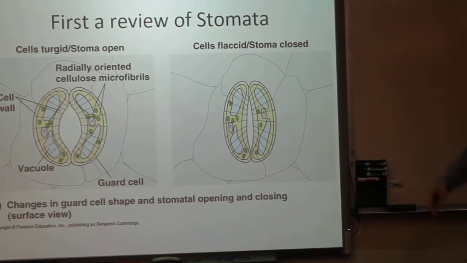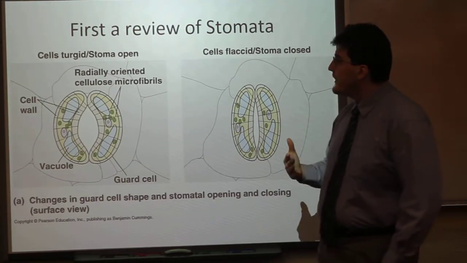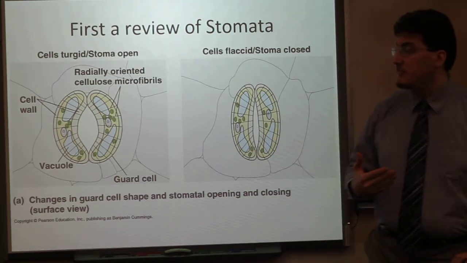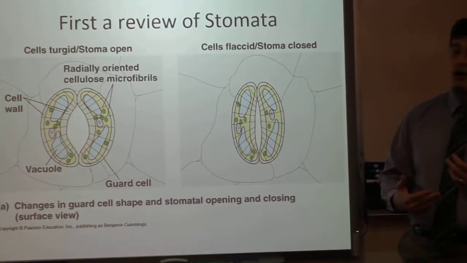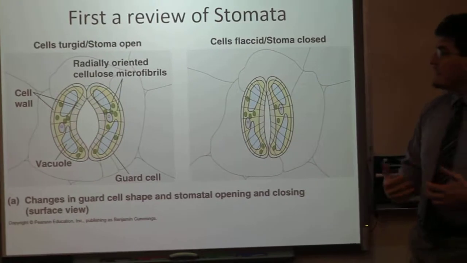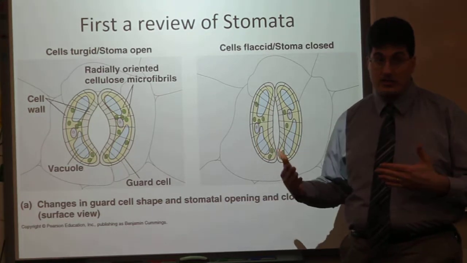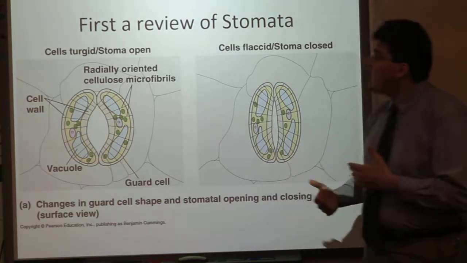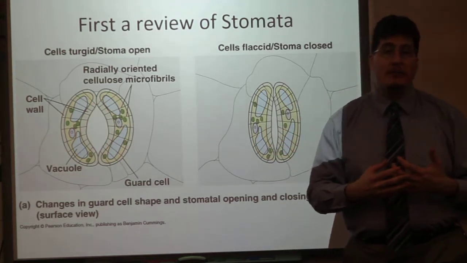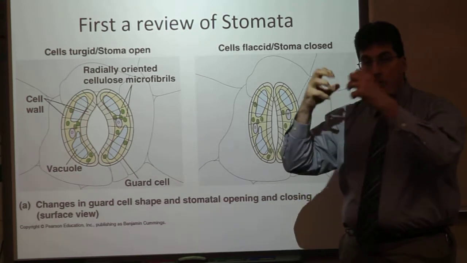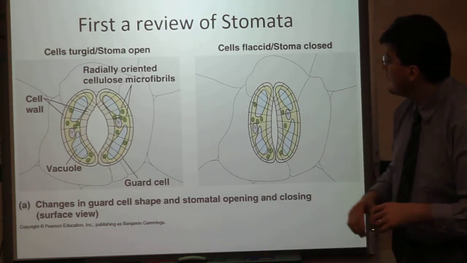Now, this is a stomata. A stomata is just an opening in the leaf. A stomata is flanked by two guard cells. A guard cell will change shape, and the stomata will open and close dependent on turgor pressure. The fluid in the vacuole of a guard cell, when a guard cell is turgid, will cause a stomata to open because of the radially oriented cellulose microfibrils. That will cause a guard cell to open, and a stomata will have an open position when the guard cell is turgid. So